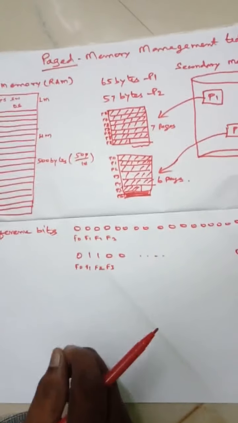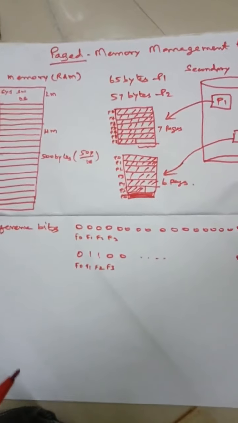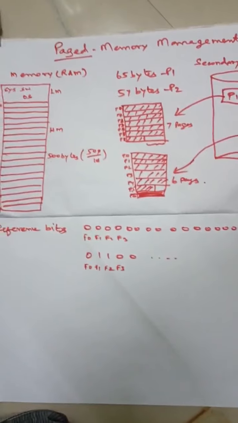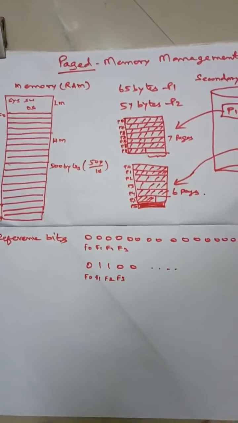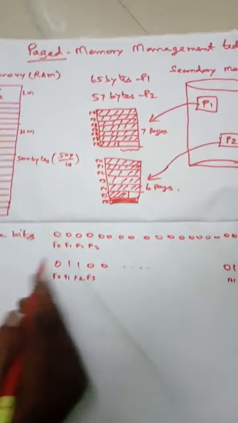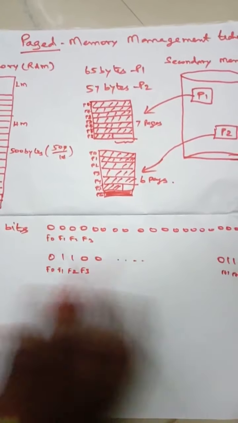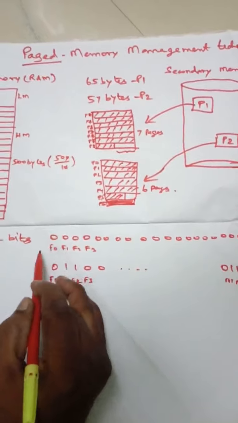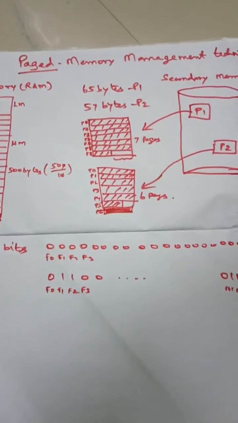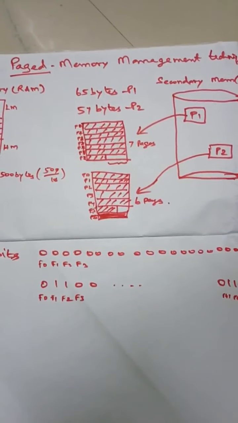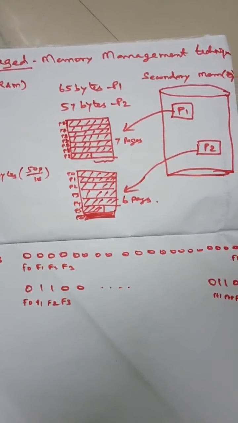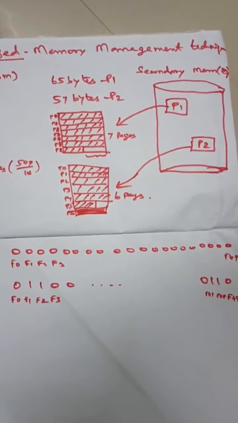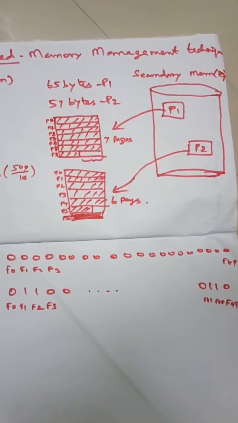So using this technique, operating system may keep track of the status of each frame, whether a particular frame is allocated or not. Very initially all the frames are unallocated, so all frame bits are 0. If all frames are occupied by some program, all bits are ones. In between, there is a combination of these.